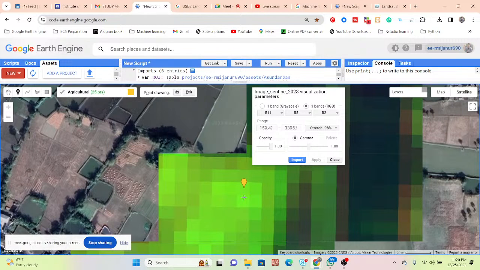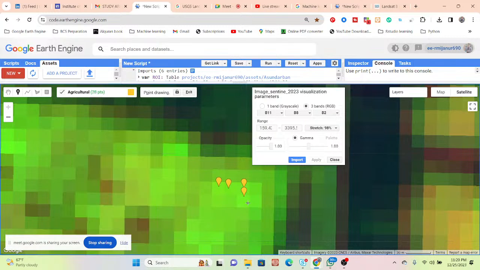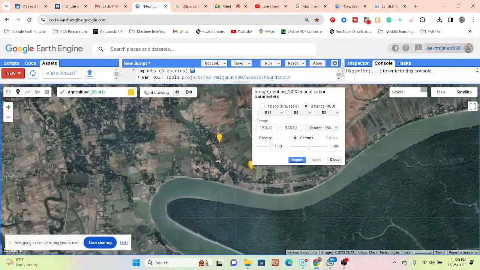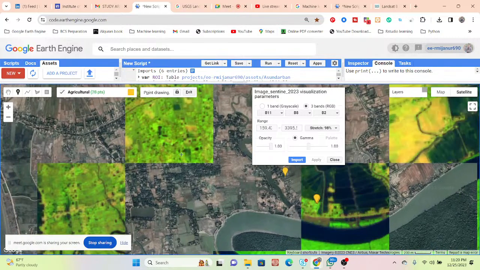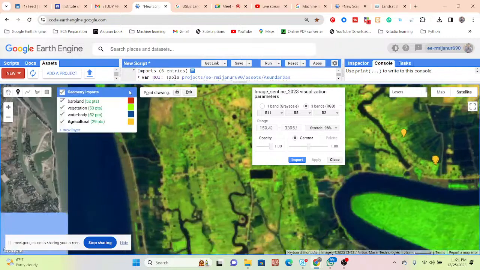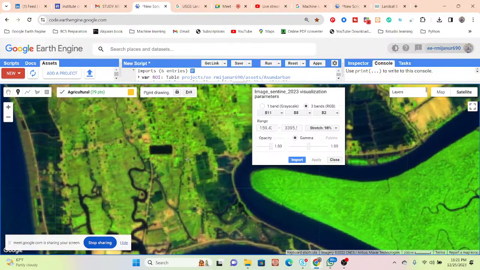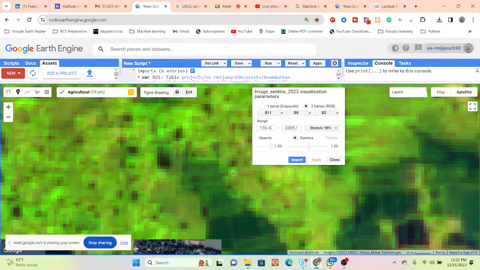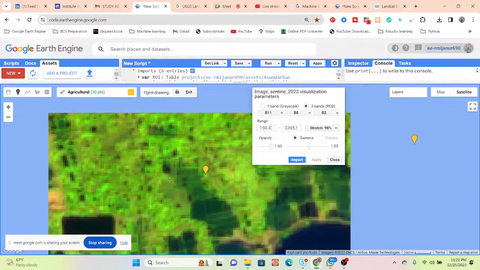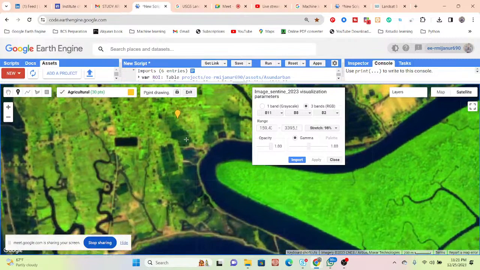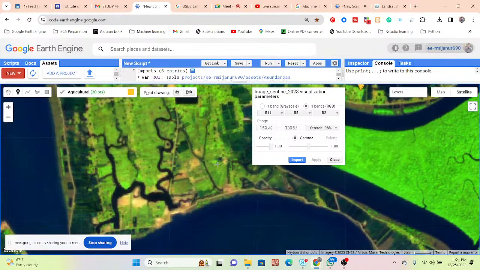So this is the agricultural land. Okay, this light green. So this time, we just use this type of light green pixel with the band combination, and take more than 15 pixels for that agricultural land.